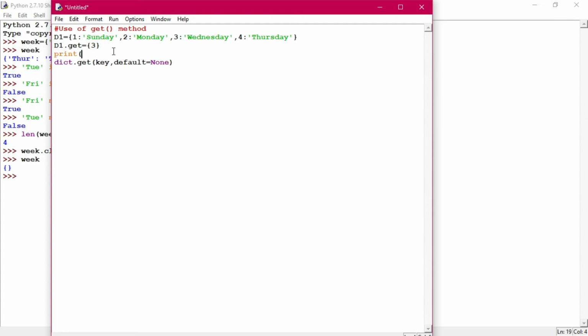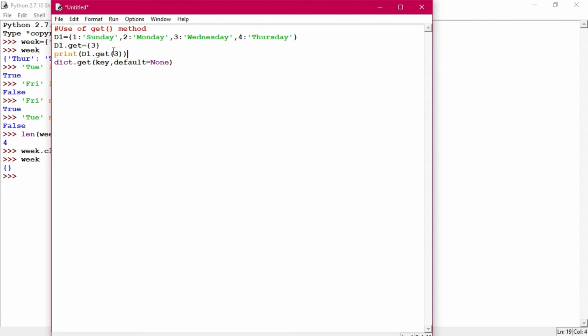Next, we are giving print d1.get within brackets, 3, and then closing the bracket.